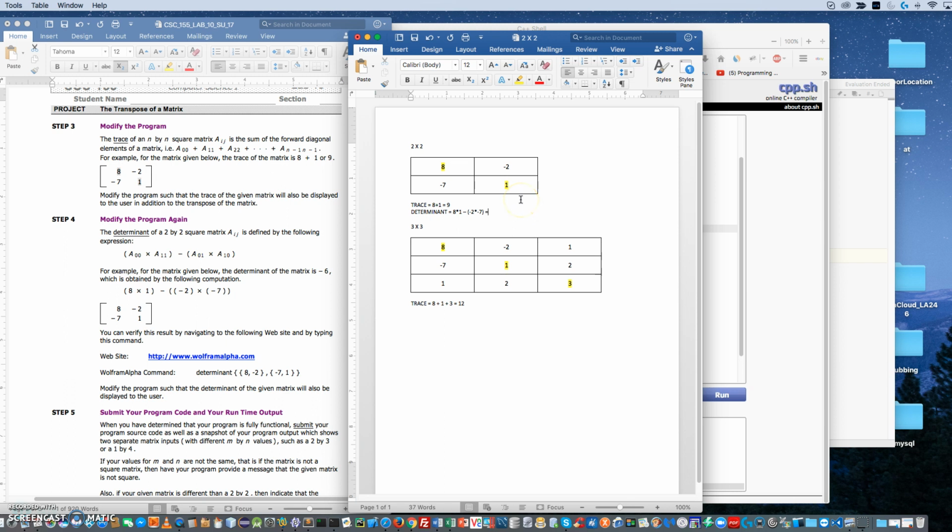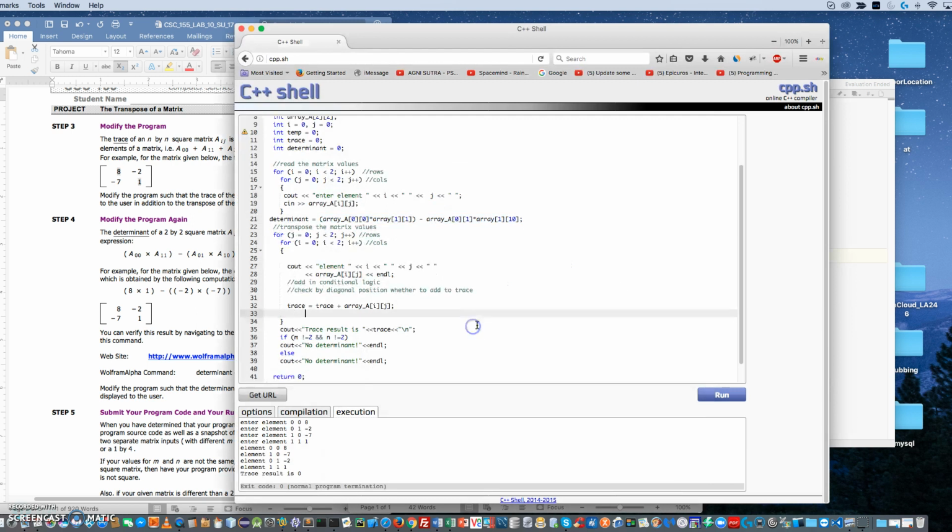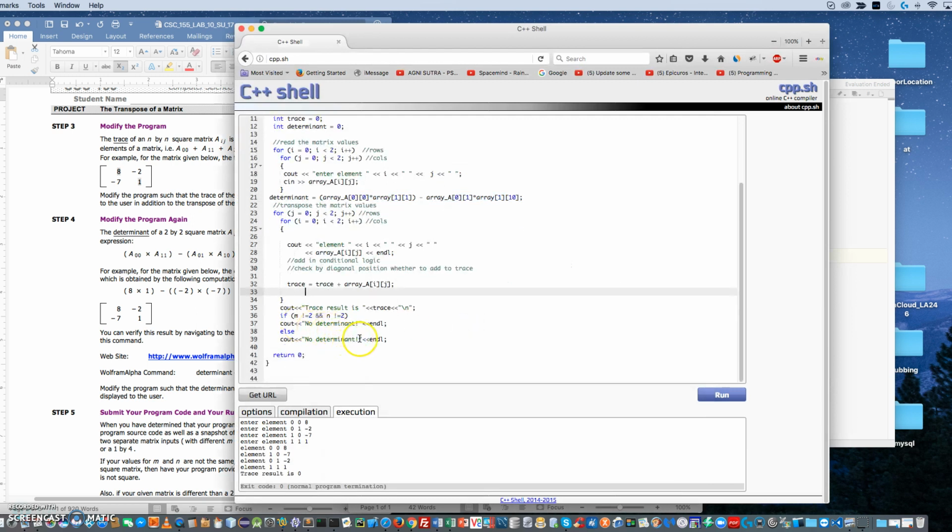So what would be that determinant? So that should give me that outcome. 8 times 1, which is 8, subtracted by negative 2 times negative 7, which is positive 14. So 8 minus 14, what does that yield? Minus 6. Else determinant is